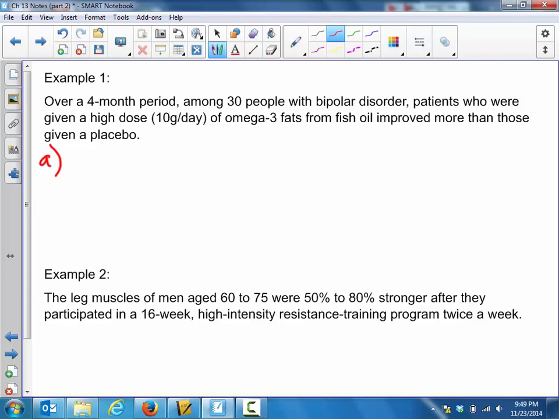Yeah, it sure did. People were given a dose of this omega-3 fatty acid, or the fats from fish oil, or they were given a placebo. So clearly that's an experiment. Okay, second thing asked about is the participants in the experiment. That would be the 30 people